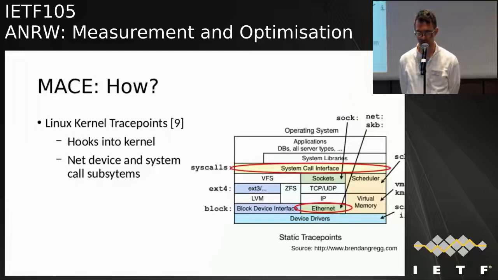The method that we've developed to do this uses Linux kernel trace points, which are essentially hooks into particular lines in the kernel source code. You can insert your own probe functions into those lines and really muck things up if you don't know what you're doing, or put them to good use, as we are attempting here. I've circled in red the relevant ones on Brendan Gregg's excellent diagram. We have trace points in the system call interface and also at the net device layer. So between those two, we can